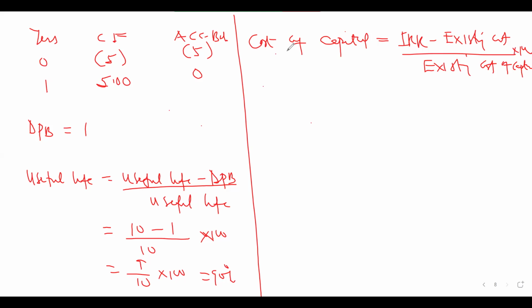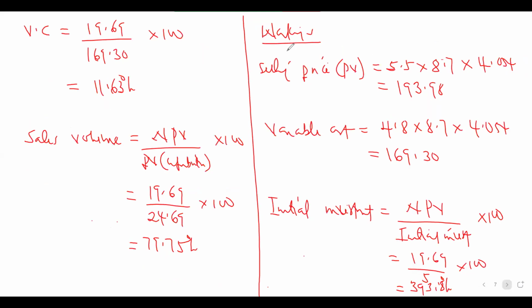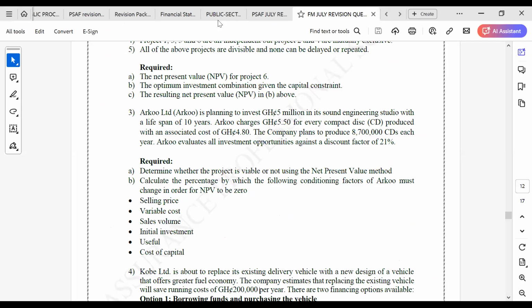So we need to find the internal rate of return here. We have the first one already: 21% is giving us 19.69. So what rate will give us that one? We have to increase the rate, let's say 40 or 45. You can try that because we have tried a question in class on this one. Let's do 35, it will give us negative. If we're using 35, what are we getting? Let's try that, so we can get an exact one.